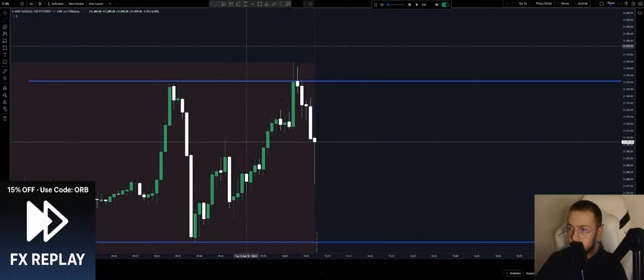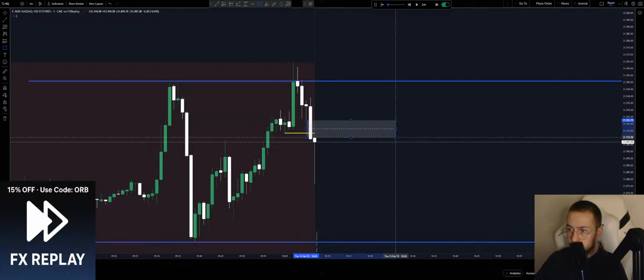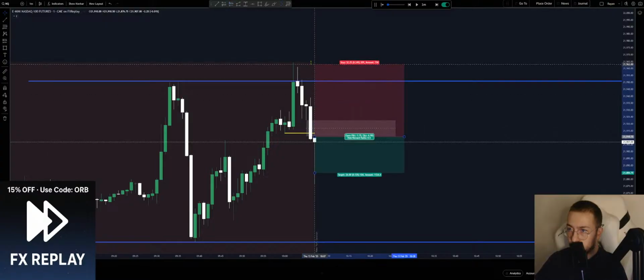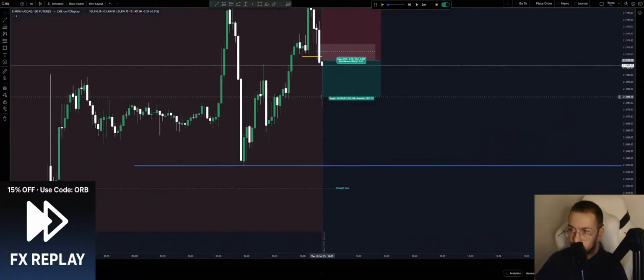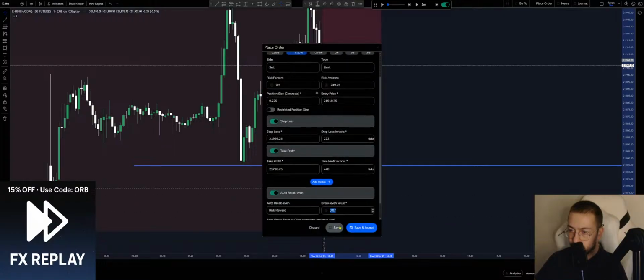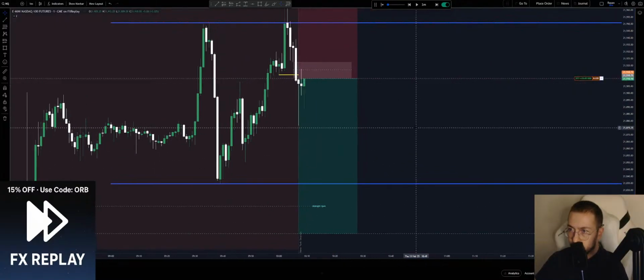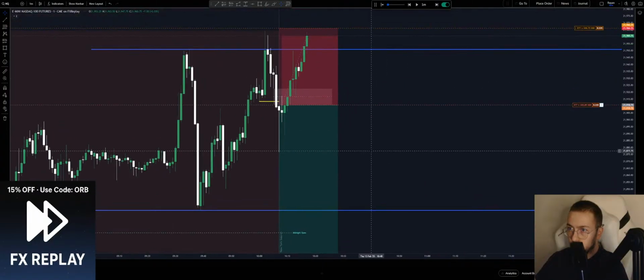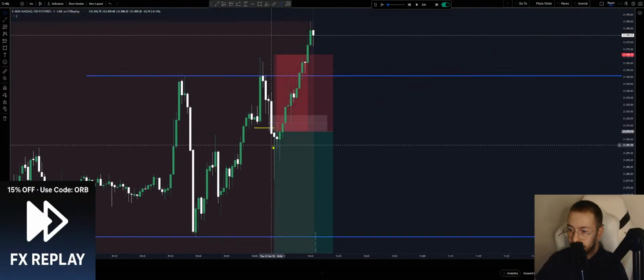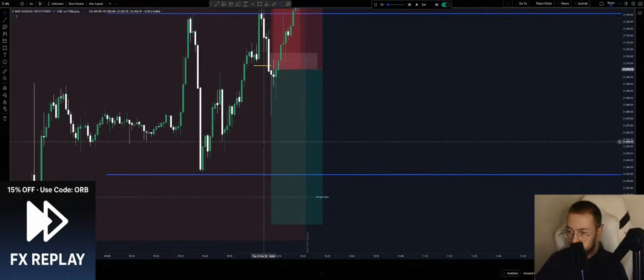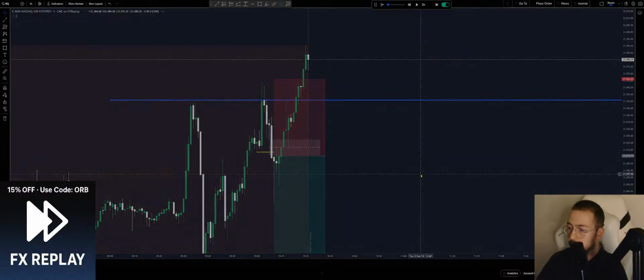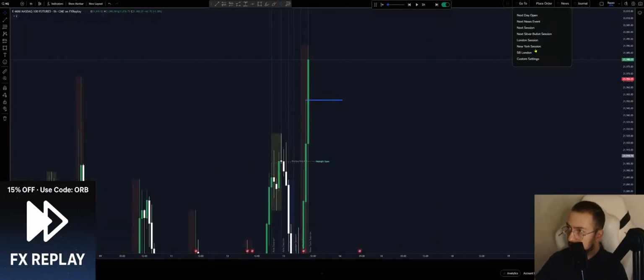Right. Break of structure ready. It's your fair value gap. Limit order here. Stop loss there. To risk to reward. Got stopped. So usually here. Okay. We're down